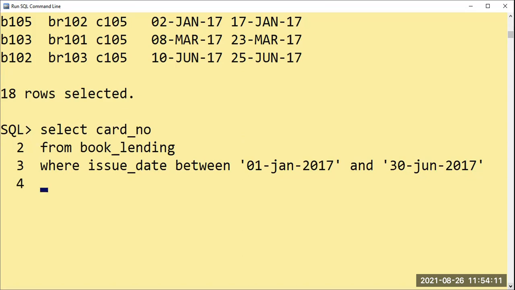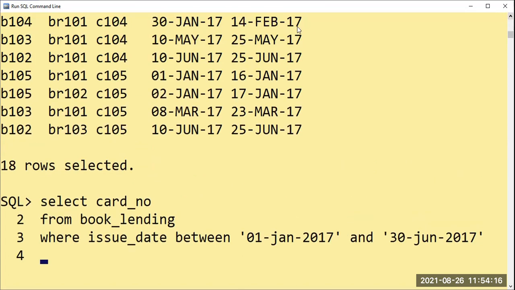Group by. What is group by here? See, I'll just go up to the table. Here C105, C105, C105, C105. If you make a group of C105 and write it once, your space will be saved here. For that purpose, you have to use group by card number. Whatever values repeat, the same value, make it 1. C101 is repeating 4 times, make it 1. C105 is repeating 5 times, make it 1.